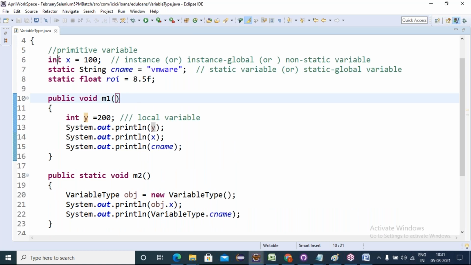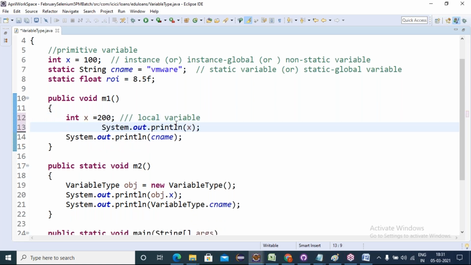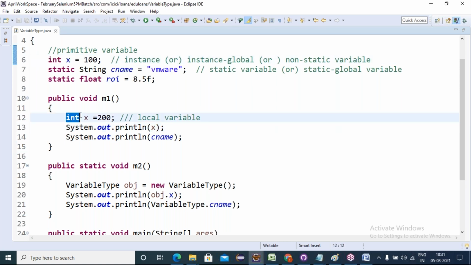Now, friends, instance variable x is there, and I am also giving a local variable x. Here the instance variable x is 100 and the local variable x is 200. If I'm printing x, what is the output, 100 or 200?